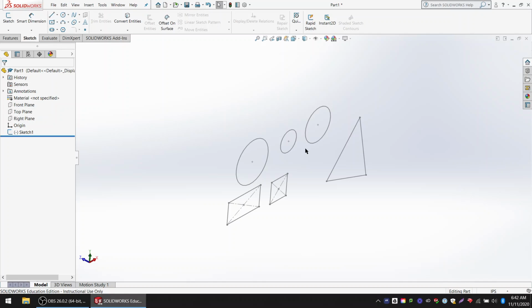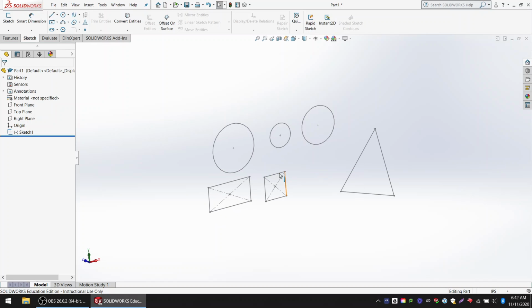So in the same way that Google Docs has view only or editing, in SolidWorks, when it's view only, it turns gray and you can't make any changes to it. So I can't smart dimension, I can't move these shapes. They're just in view only. Okay, so to get back into editing, go to your left toolbar over here on the feature design tree,